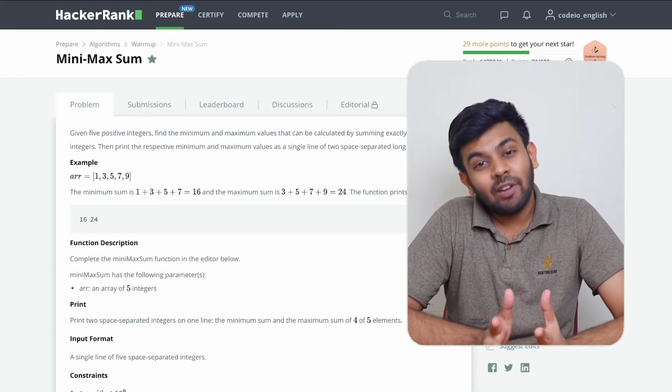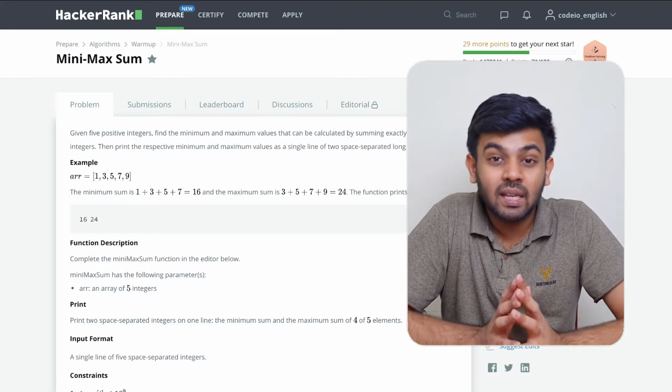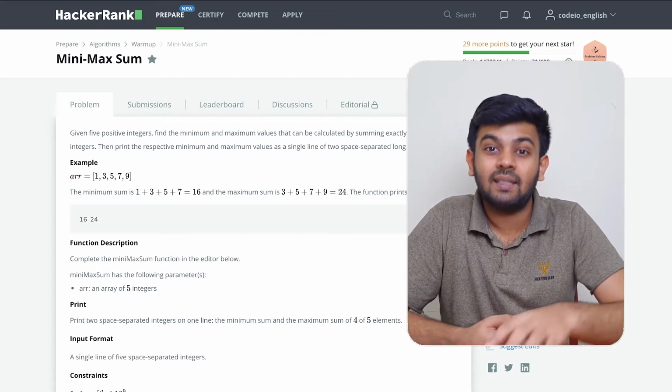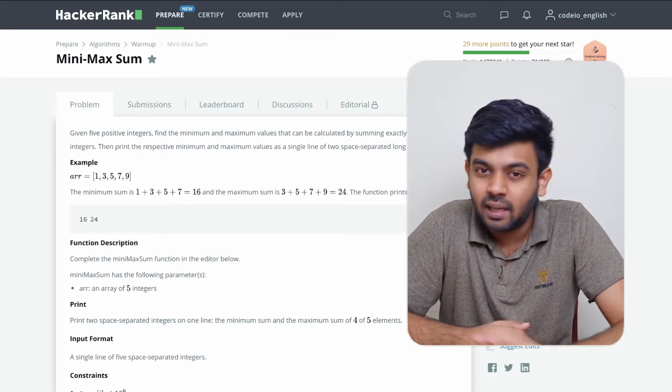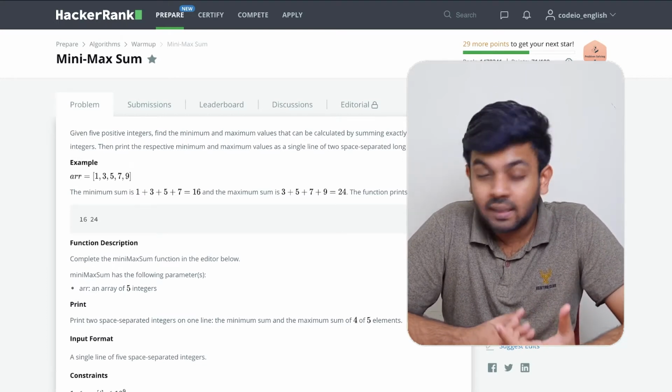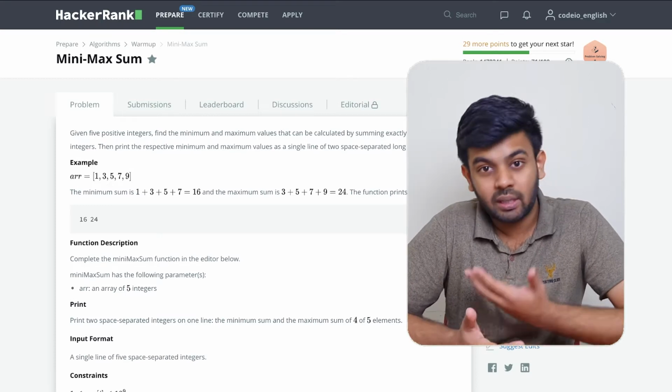In this question, you are given an array of size 5. They have told us explicitly that this array will be of size 5 definitely. It will not have one more or one less integers in it. So, it is an integer array of size 5. You'll have to get the input first.